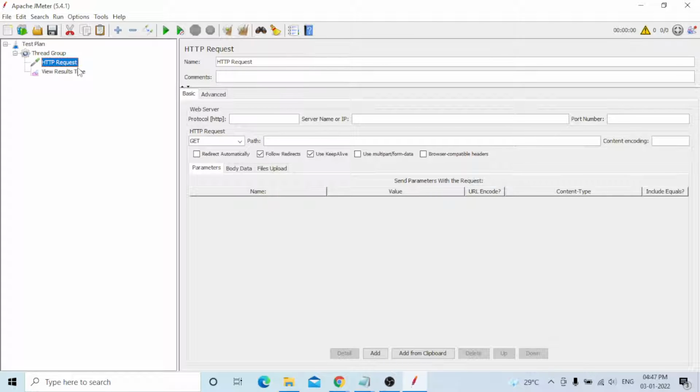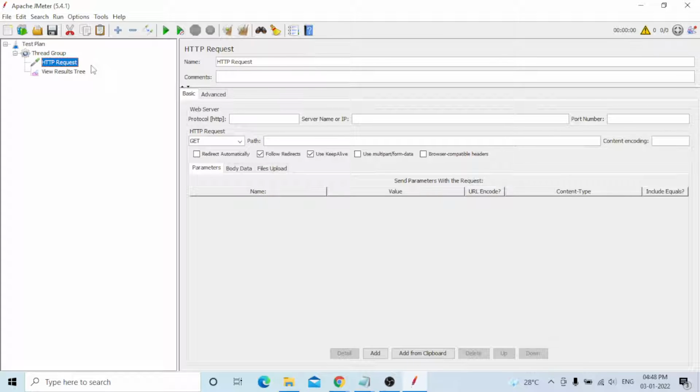In earlier versions, such as 3.0 or 3.2, another request is also available: the SOAP/XML-RPC request. At that time, to test any REST API, you could use the HTTP request, or provide the same URL in the SOAP/XML-RPC request and test it simply.